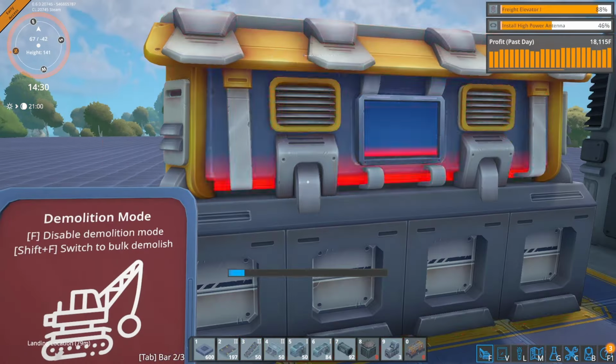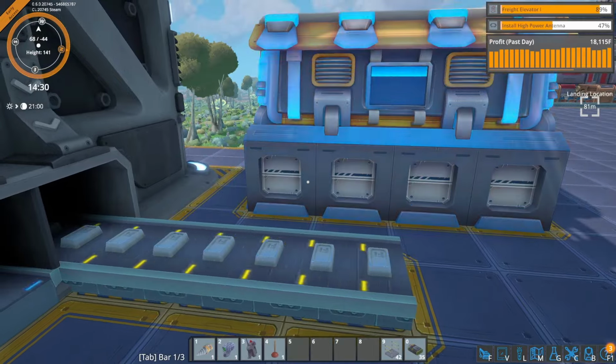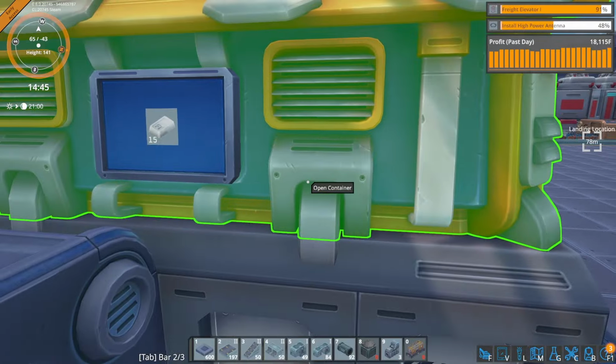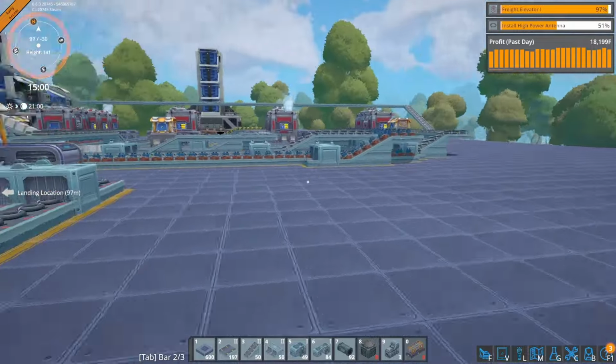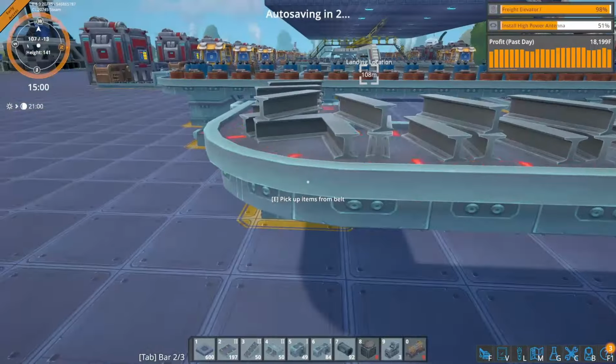So break that down and do it over here. And we'll just get a loader in there, and that will now start storing these. I don't know what this stack size is, but we will find out. Good, so now I can start setting up a facility over here somewhere, because I need steel, and I need